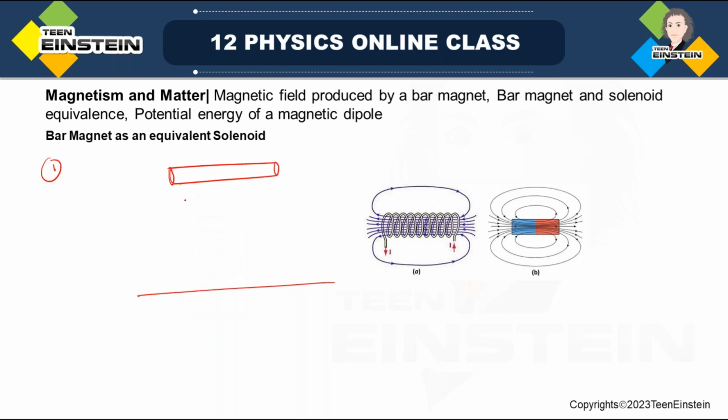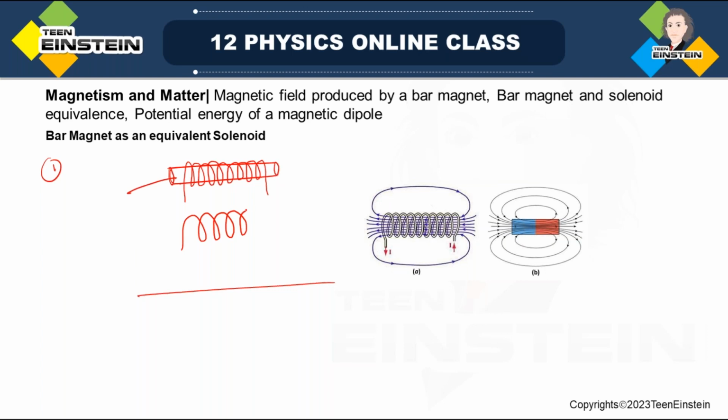Then you wind the whole wire around this. If it is a wooden piece, then you just take the wood out. So what you get is a coil of wire like this,